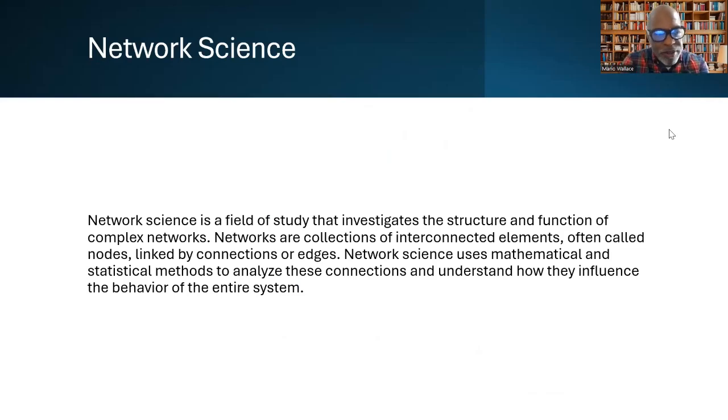So the second theory within this whole concept of Agile Science is network science. And here's a quick definition. Network science is a field of study that investigates the structures and functions of complex networks. Networks are collections of interconnected elements, people, often called nodes, linked by connections, edges and bridges. Network science uses mathematical and statistical methods to analyze those connections and understand how they influence the behavior of the